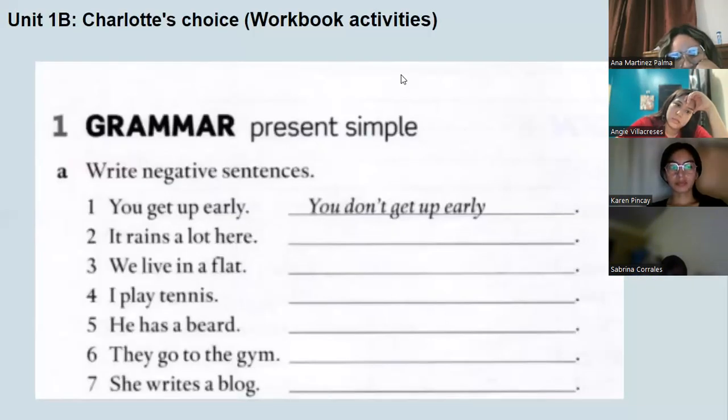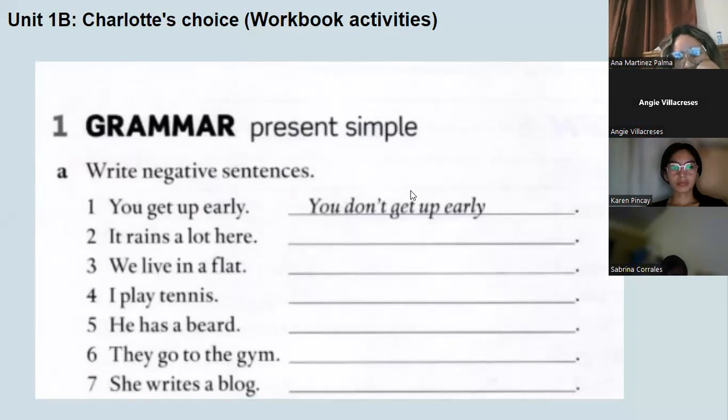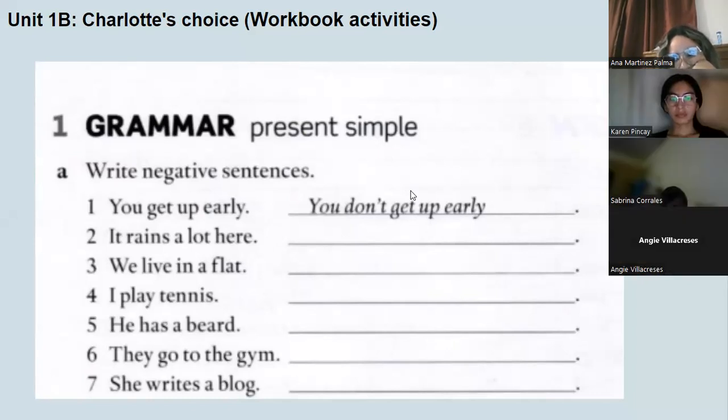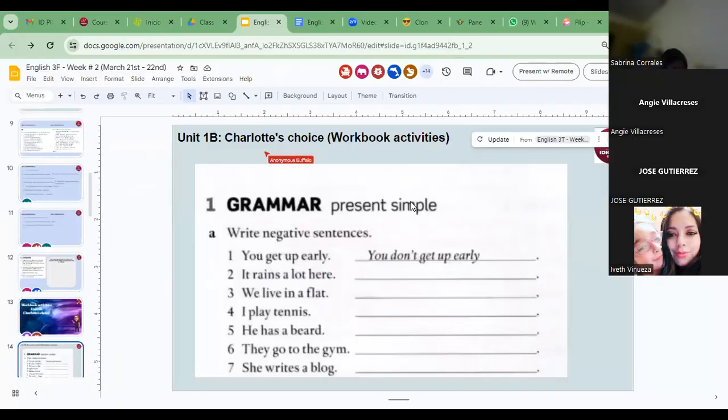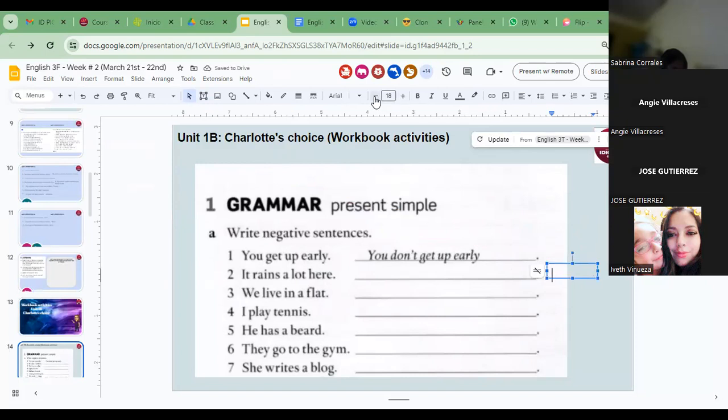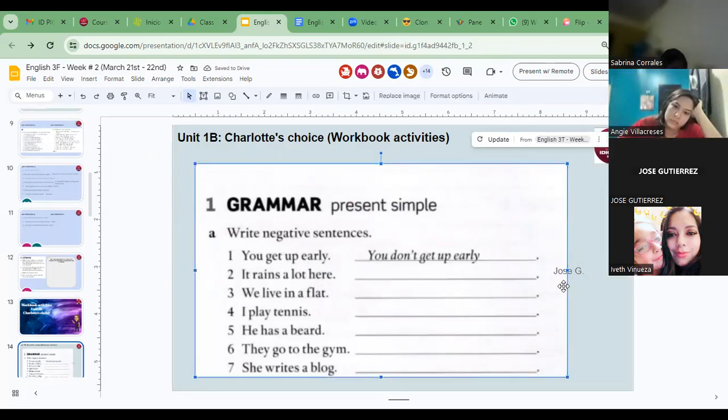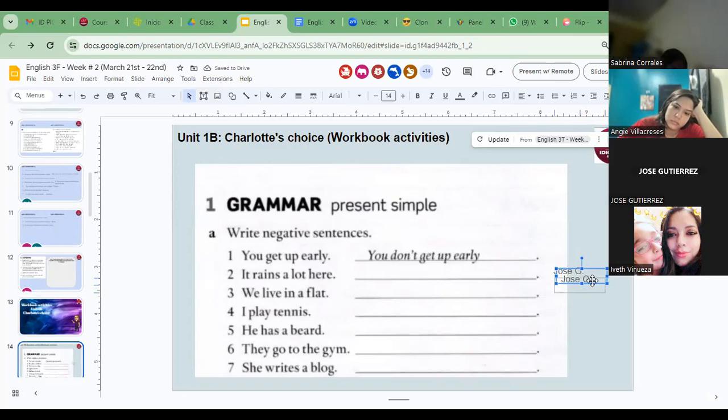Now, what about this? How can we write all of these positive sentences into negative statements? Okay, this is where you're going to help me. I'm going to add the names here so you can help me. So Jose is going to be helping me. Number 2, Jose Gutierrez. And then number 3 is not going to be Jose, but somebody else, Angie. Okay, Angie, you help me with the second one. And I'm spelling your name. Okay, and then number 4,